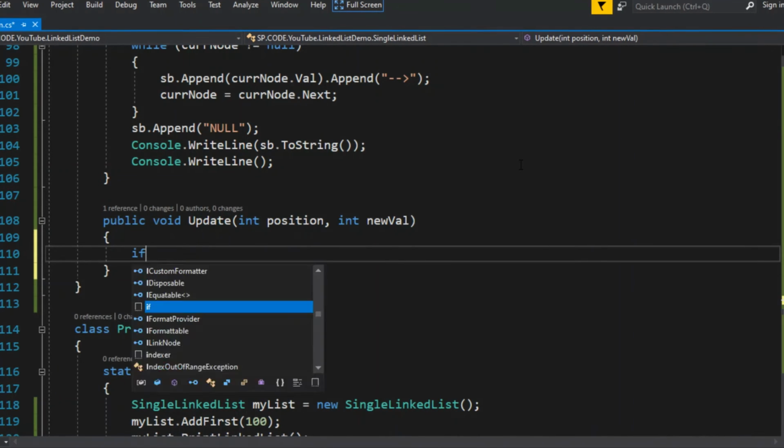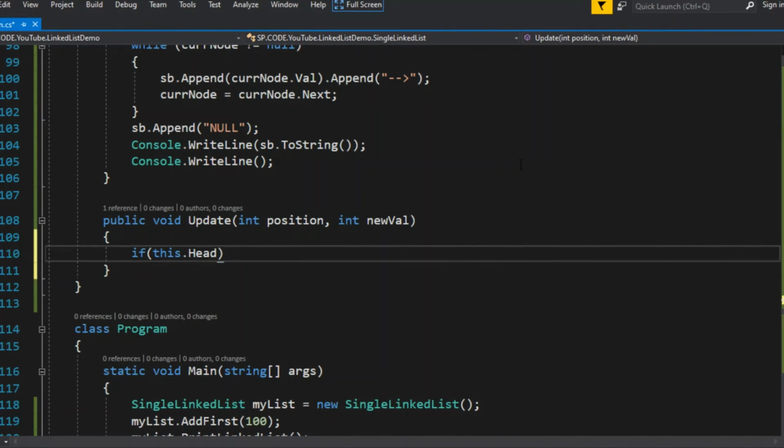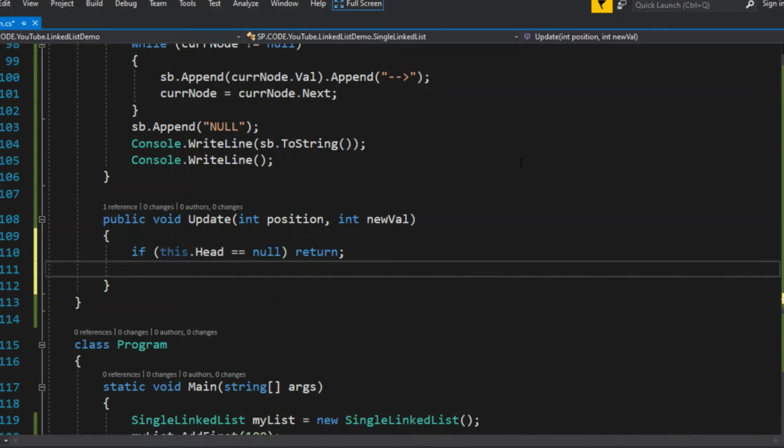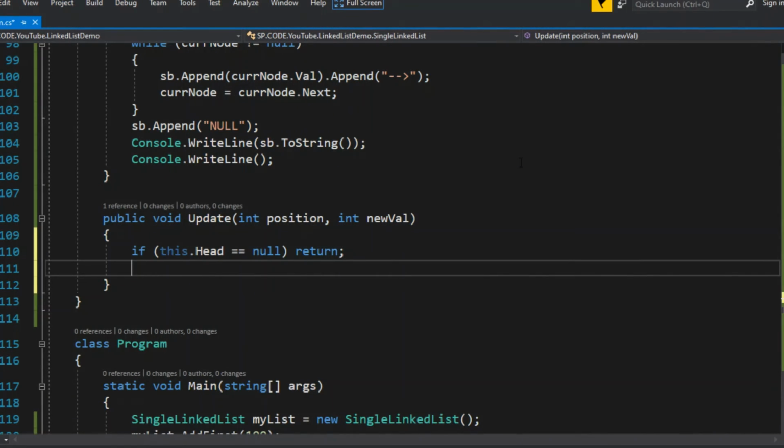Okay, but if your head is null here, this edge case is written, we are not doing anything. Okay, and now again the same way we need to find the positions location, and we need to go till that positions, like third position when we need to reach till third. As soon as we find the third node, right, we will update that value with the current node.